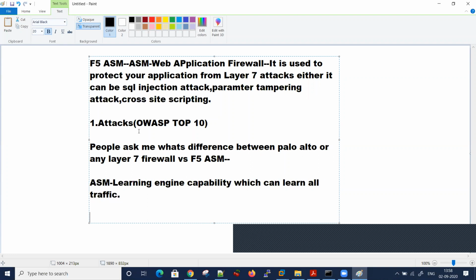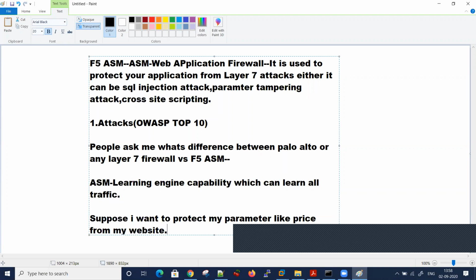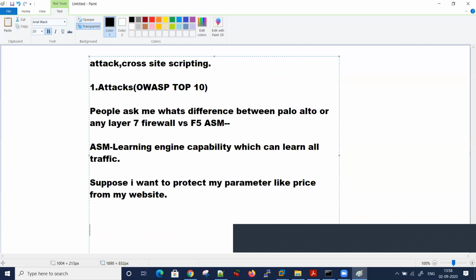But suppose I want to protect a parameter like price on my website, can my firewall detect that parameter tampering is happening? This is where the learning engine comes into the picture. Can a firewall protect from cookie poisoning? So Santosh, your answer was perfect. It has behavior analysis.